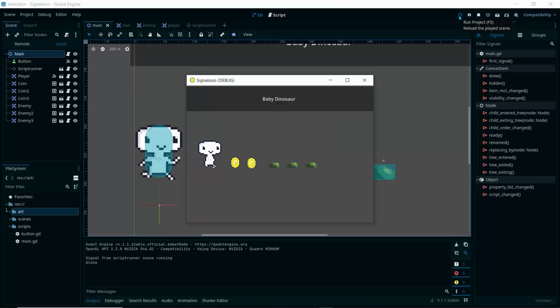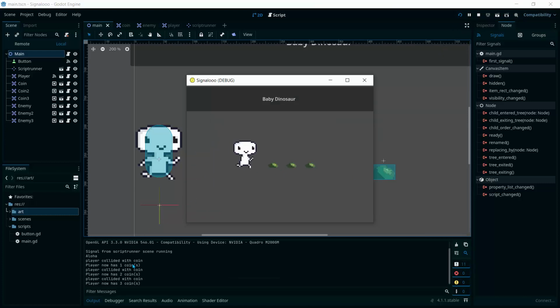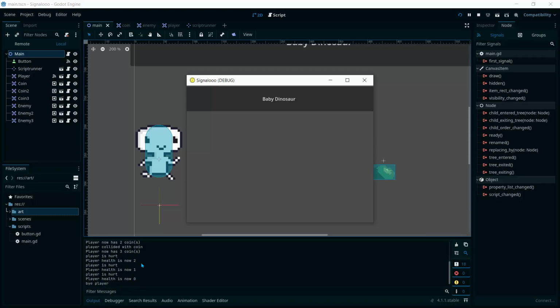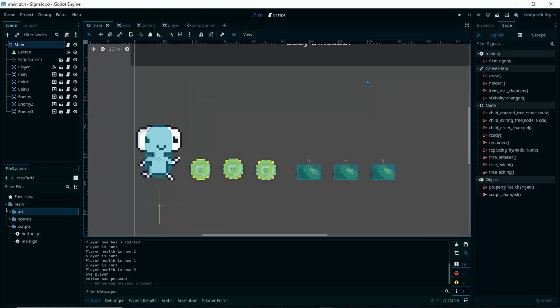We can actually see our player moving and collecting these coins, and I want you to look at the output. Each time the player collides with a coin, you have an output message here, and then the player finally disappears when the player's health is zero. So there's a lot going on here. We have a button, we click that button, it says button was pressed, and all this is majorly done using